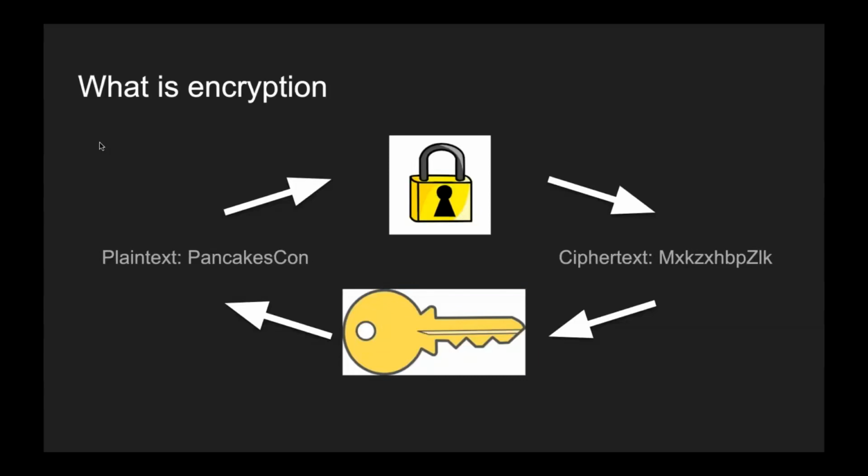So let's start with what is encryption. Encryption is basically the way that secret messages are made. If you want to send a message and you don't want other people to read it, then you can use encryption to go between the plain text, which is what your actual message is, and then you can send a ciphertext over the network, like in the mail, like over the internet. This way, anyone who intercepts that won't be able to read it. And then on the receiving end, they can decrypt back to the plain text.